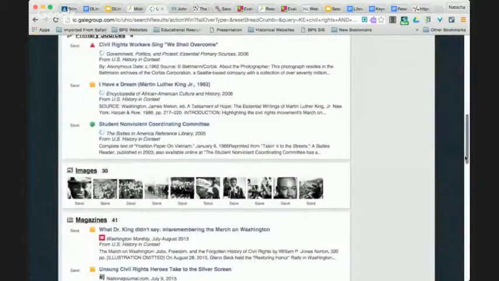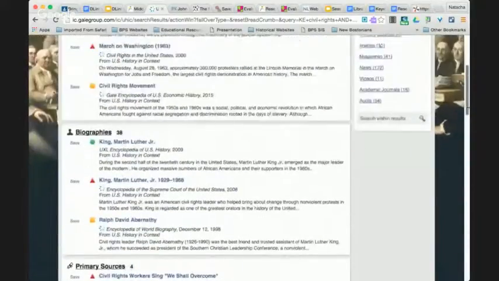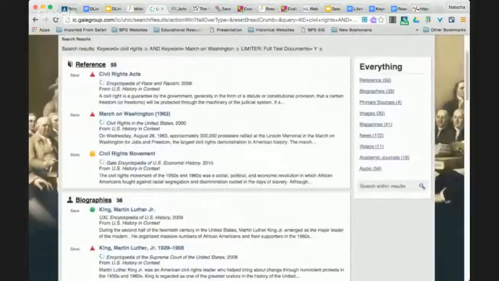Let's just for now go back up to the first 3 reference articles. And you can see that the triangles are the reading level, and I have to apologize. Actually, a window popped up. The red triangle means it's advanced. Yellow triangle means it's intermediate. But I want you to note, here's an article called the Civil Rights Act, and it's in a pretty complex encyclopedia. It's the Encyclopedia of Race and Racism. And it's in this database called U.S. History and Context. And if we click that title,